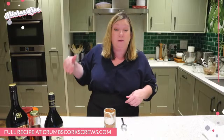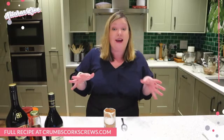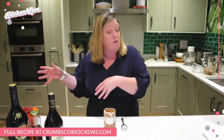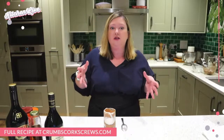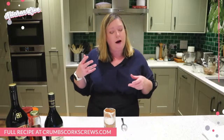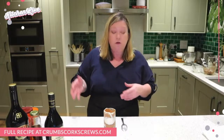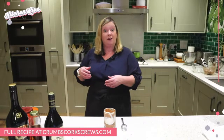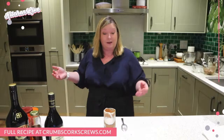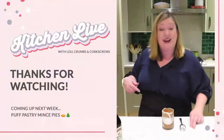The full recipe will be at crumbsandcorkscrews.com. You can find my non-egg easy chocolate mousse version if you want, which is just the chocolate and the whipped cream. I think I use that for Easter eggs, putting chocolate mousse in Easter eggs. So you can find that there if you do want to, or you can use the ingredients and the information that you've got in this video, and make it before the post goes live. Ta-da! And on that note, so I can take another scoop,